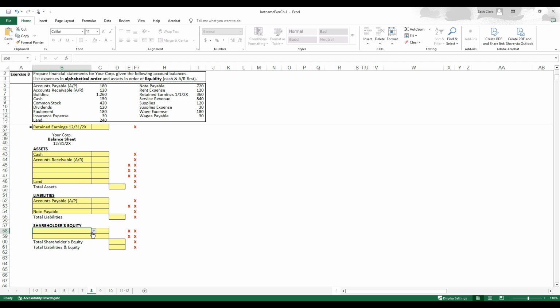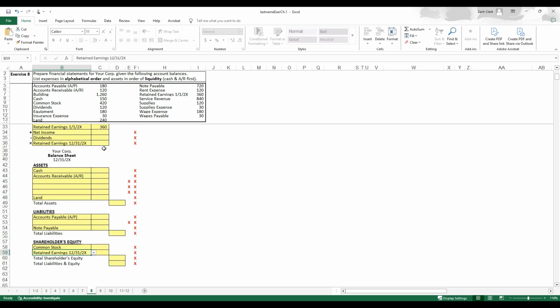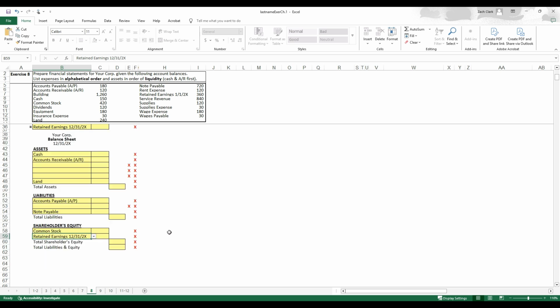And then when it comes to shareholders' equity, there's two primary components. We've got the common stock, and we've got ending retained earnings, not beginning retained earnings. And this is again the flow of why the retained earnings statement is second, because you'll calculate ending retained earnings and then bring that down, input all your totals, and then the final thing to kind of as a check